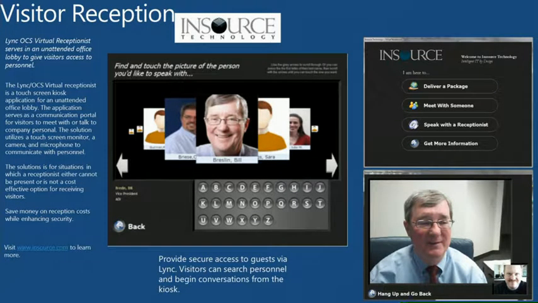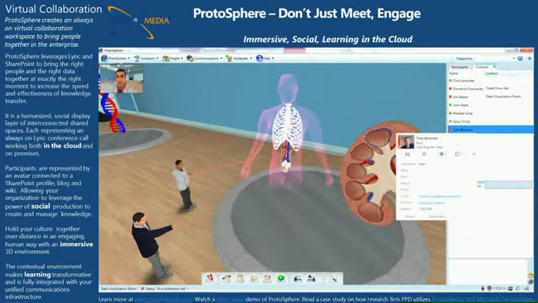There is another practical use that is very much in the space of education. This is an application that looks like nothing like Lync, but it's everything Lync underneath. And by the way, also a little bit of SharePoint. It's an application called Protosphere by Protomedia. And in the slide deck, there is a hyperlink if you ever want to see a video. What was the problem that those people tried to solve was that when you are essentially needing to train people, you try to engage them.